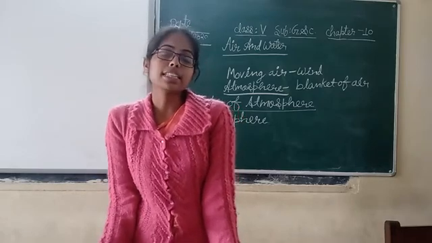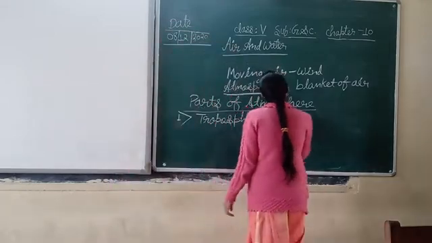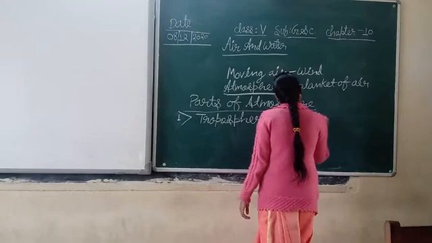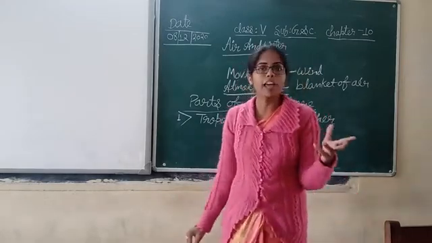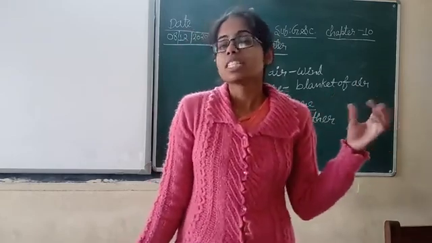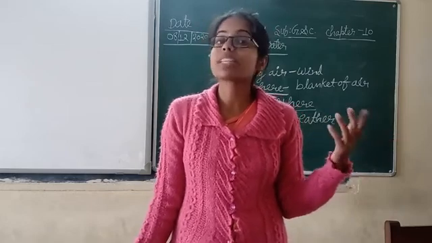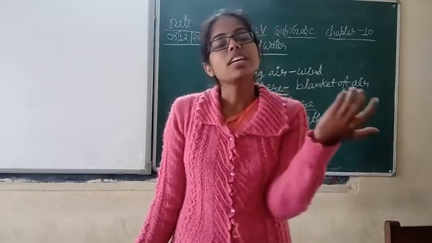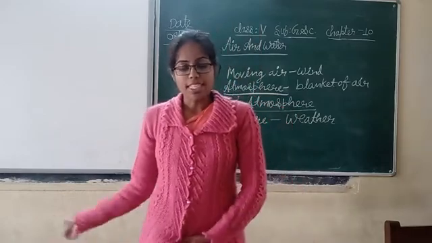Weather occurs in this layer. You know what weather is, no? Day-to-day climate. Today it is foggy, and the next day there is sunlight, or rain is coming, or rain is not coming. These are the weather. Weather conditions change every day, and this occurs in the